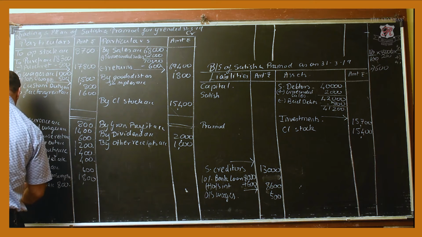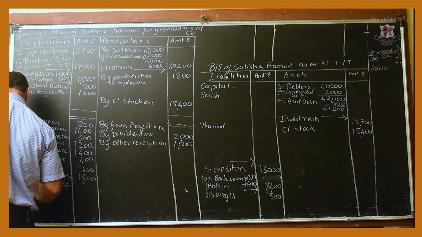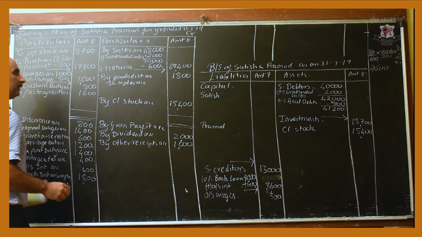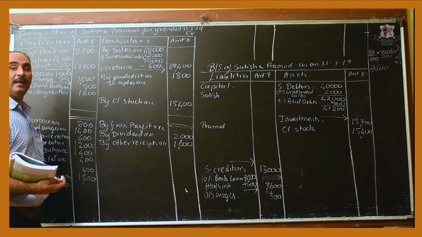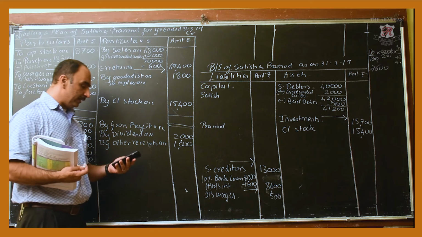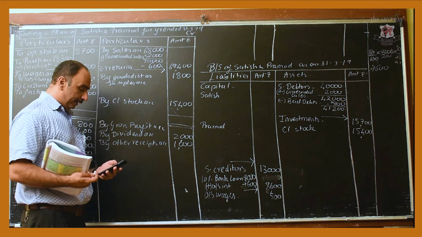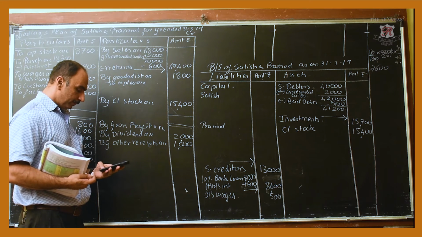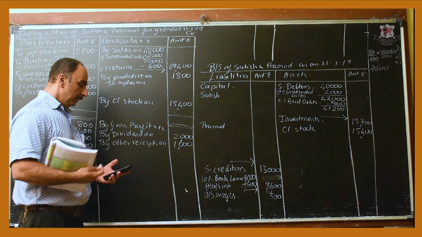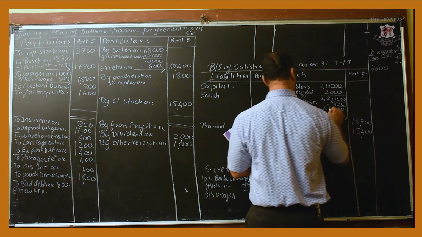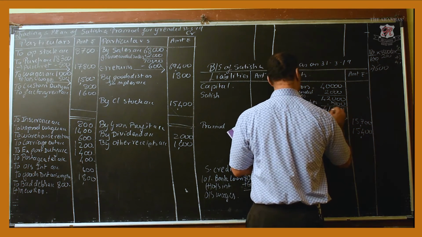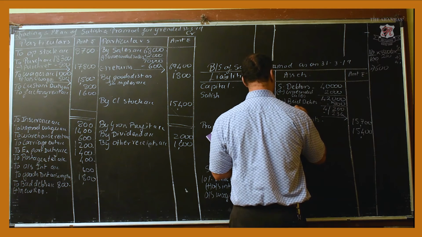900 rupees. To this I will add the new RDD. So new RDD I will just take. So how much is the RDD? They have said it has to be 3%. So let us calculate how much is 3% of 41,200. 1,236. So let us minus the RDD.